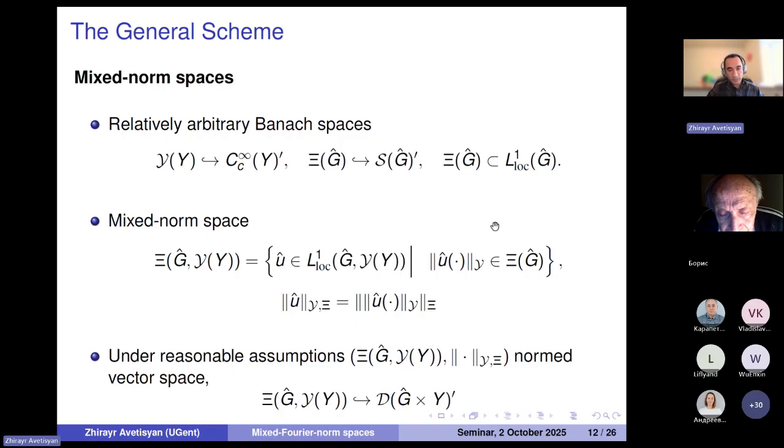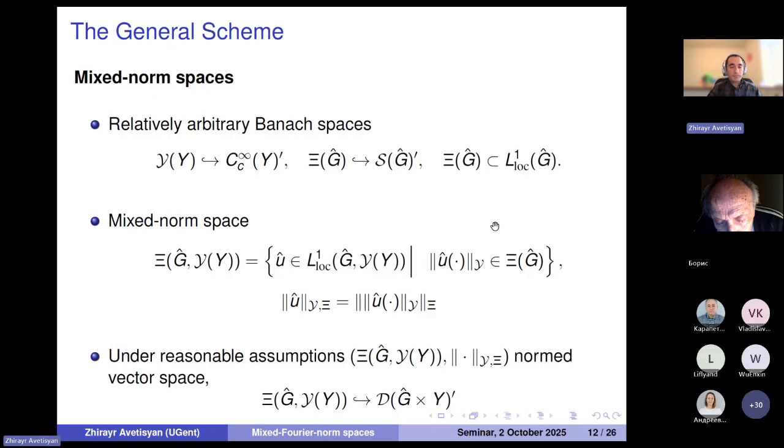So may I remind you again that G hat is exactly, again, an abelian Lie group. So whatever we said about G cross Y applies equally well to G hat cross Y, all these constructions. Okay. So we get that this mixed norm space is actually a normed vector space. And the big question is whether this is actually a Banach space. And the answer is, unfortunately, we don't know. So at this generality, we are yet unable to prove that this